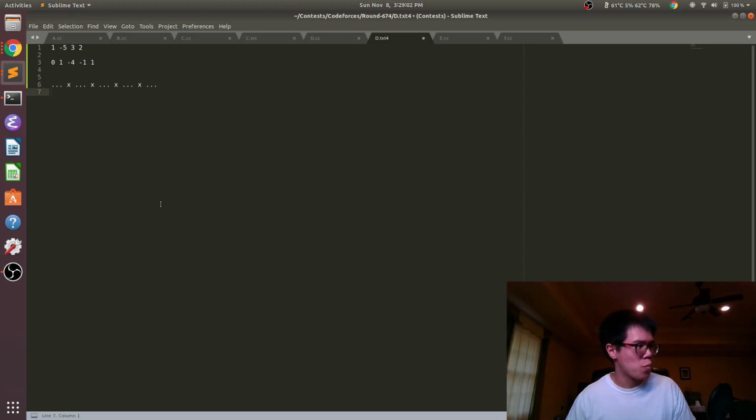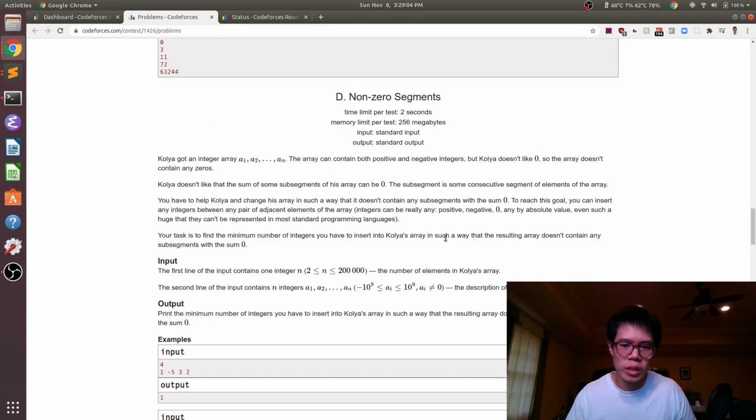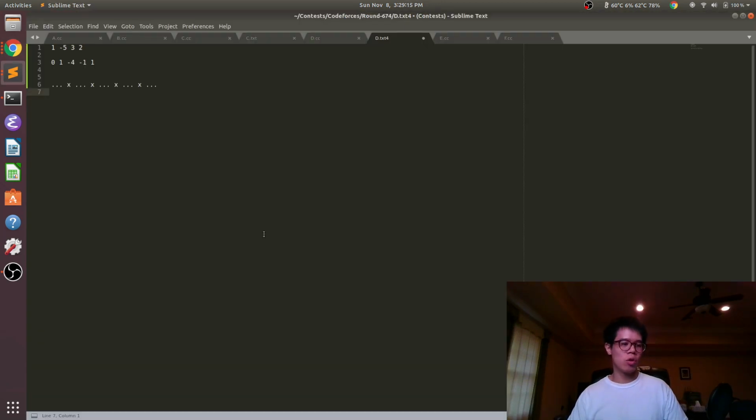And then the problem actually states that we can pick any type of number we want. We can pick positive, negative, even a huge number that can't even be represented in most programming languages. And so one thing that would be convenient here is to pick something like 10 to the 100th, some huge number, where that way we know for sure that nothing that comes after that number in the prefix sum table will be equal to anything before.